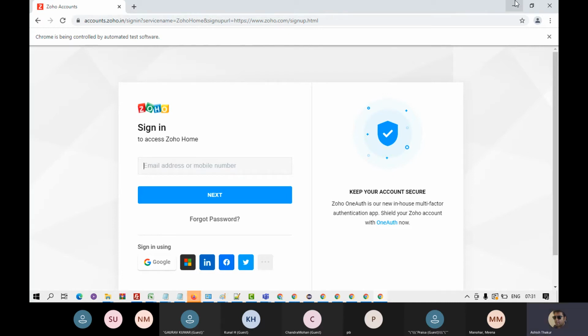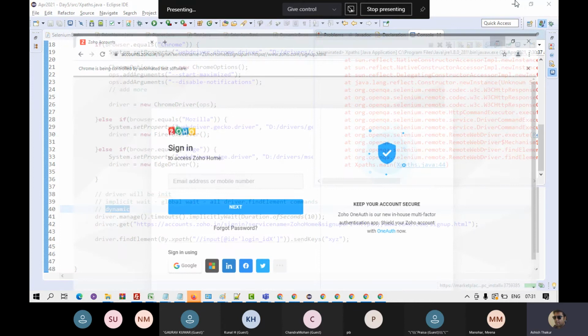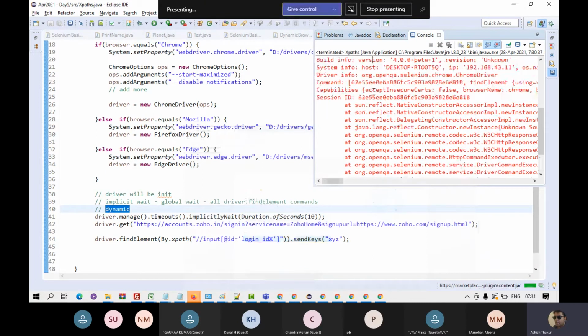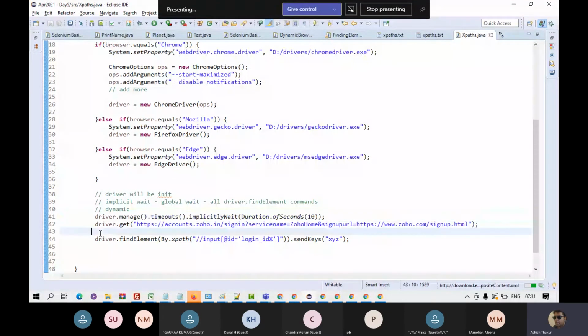You see that? And after 10 seconds, you get the exception. Right. So this is a very important concept and you just have to write this line once immediately after opening the browser. Okay, and it is applicable to whichever driver.findElement command I'm giving. In the program, it is applicable to all of them. If you have studied UFT, it is somewhat similar to the synchronization global wait timeout in UFT. Okay, now moving ahead,